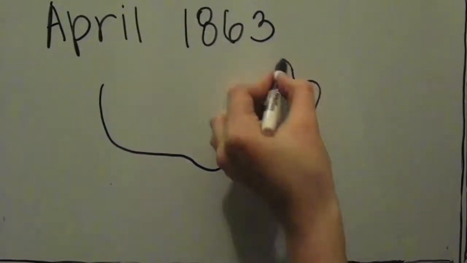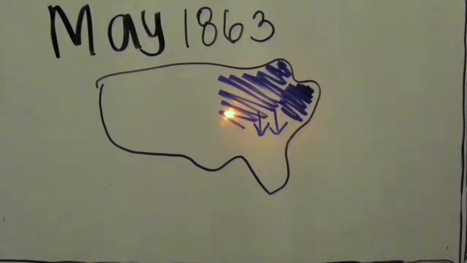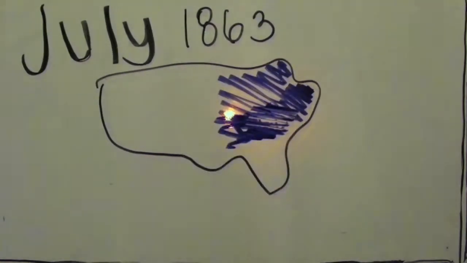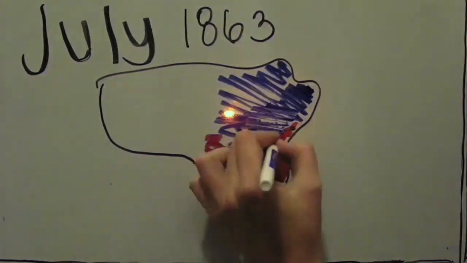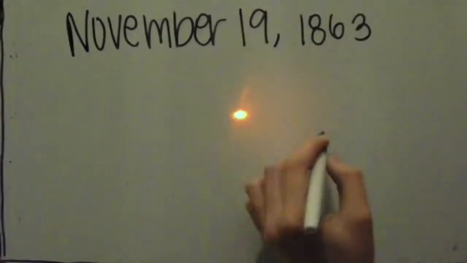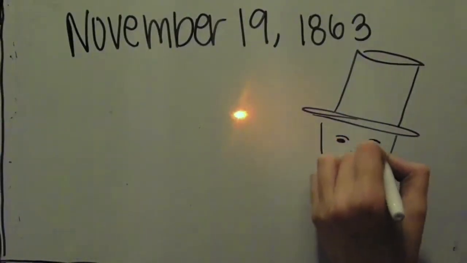In April to July 1863 was Vicksburg's campaign. Grant was a general for the Union versus Robert E. Lee for the Confederacy. They moved inland and drove the Confederacy into defensive lines, causing the Confederacy to split into two. In June to July was the Battle of Gettysburg, which was the turning point of the war.